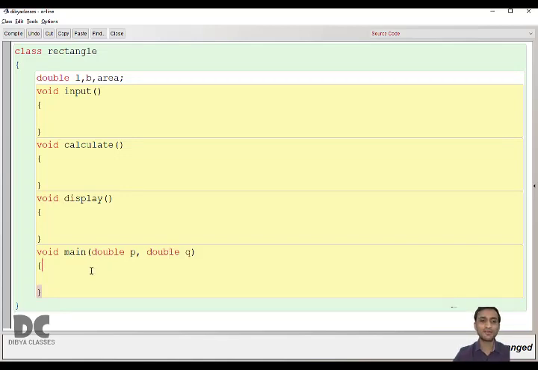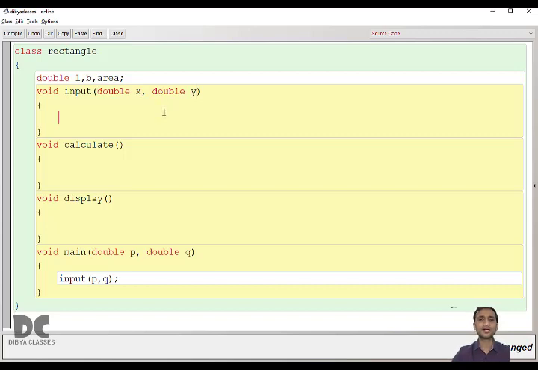So how to call another function? By the help of the function name. So input followed by the values. You have to give the values, or else how will input know what the values are? So you're sending two values means you have to have two arguments in the parameter also. And that has to match the data type. That is the double. Here both the variables have double. So it will be let it be double X and double Y.